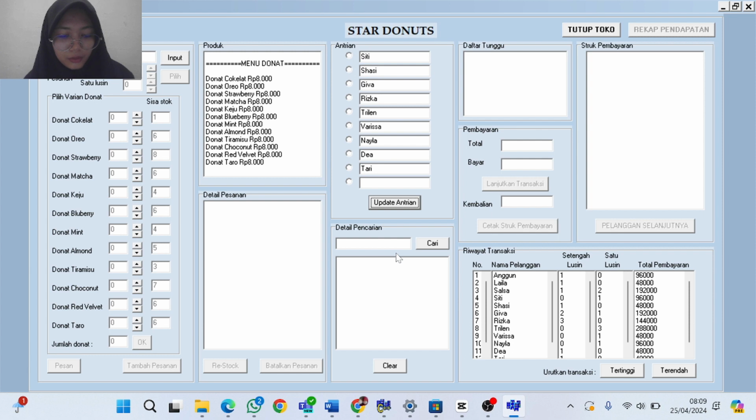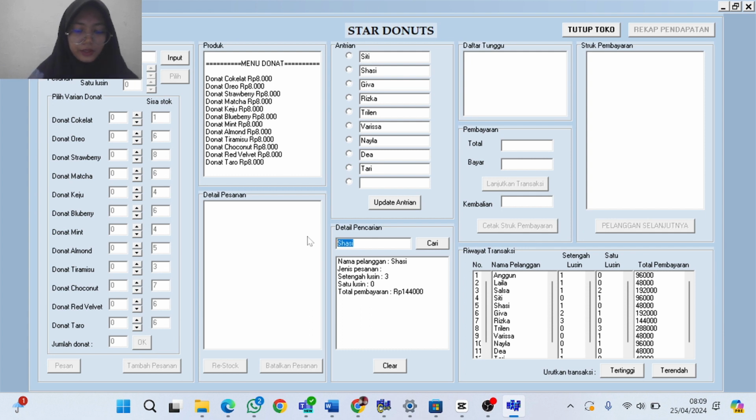If the cashier wants to search for customer data, for example, a customer named Sasi, the order amount and total payment will appear. For example, searching for the name Laila will also appear.